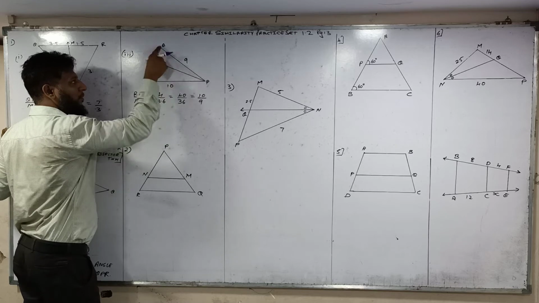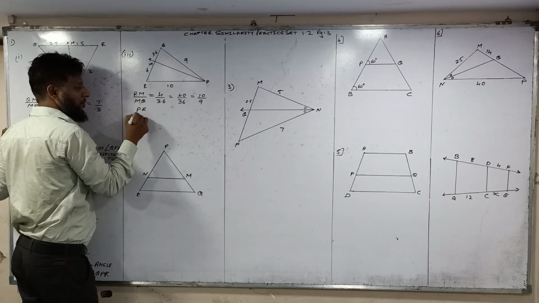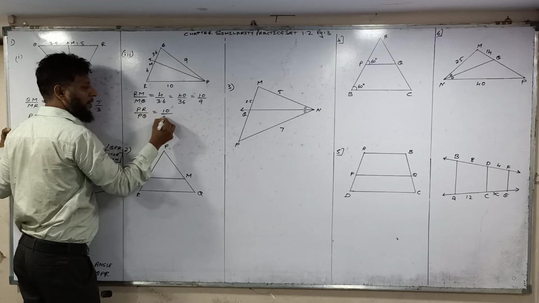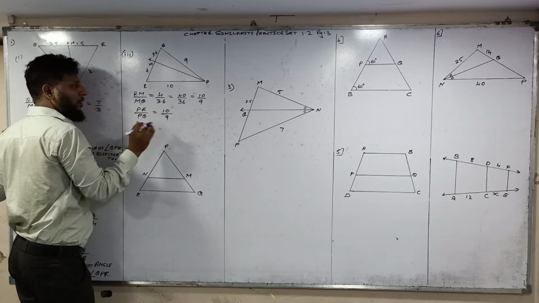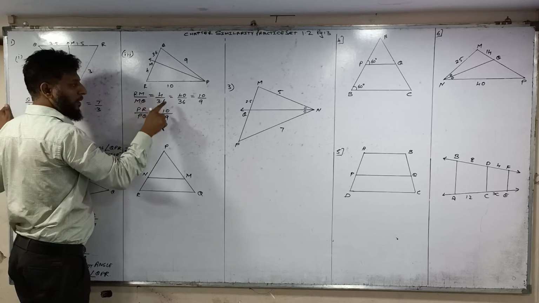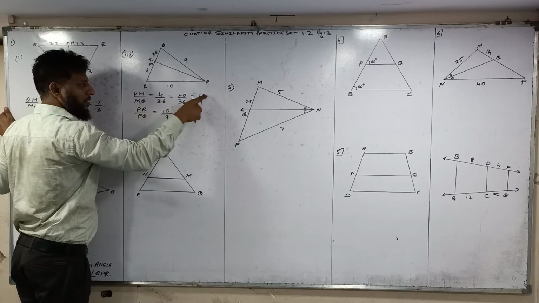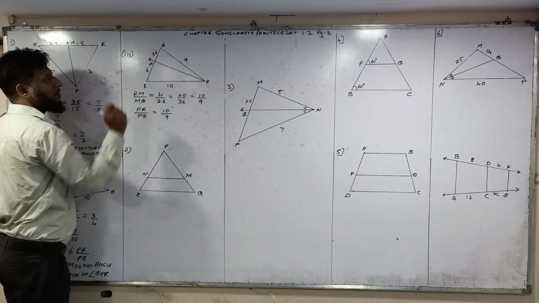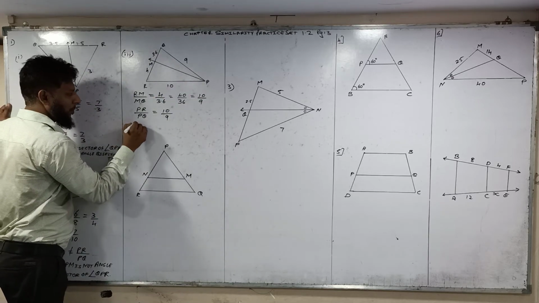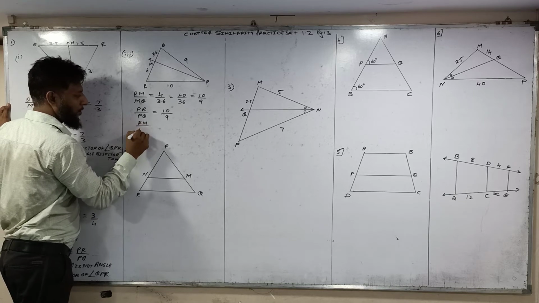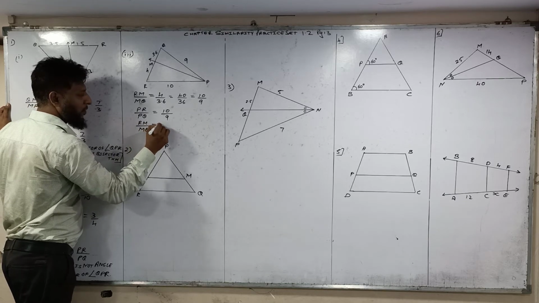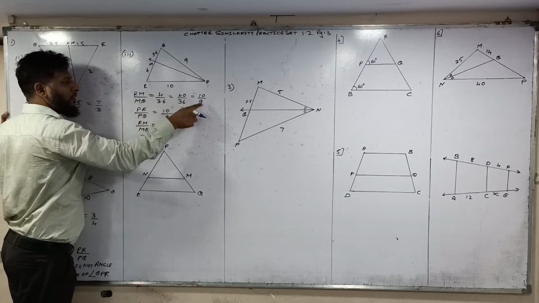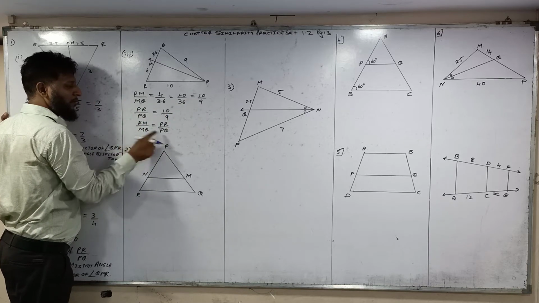Again, check the proportion of PR upon PQ. Given PR is 10 and PQ is 9. We have done it after removing the decimal and then cancellation, and we get 10 upon 9. In this, PR upon PQ is 10 upon 9. So RM upon MQ is equal to PR upon PQ. Both have proportion 10 upon 9, therefore they are equal.